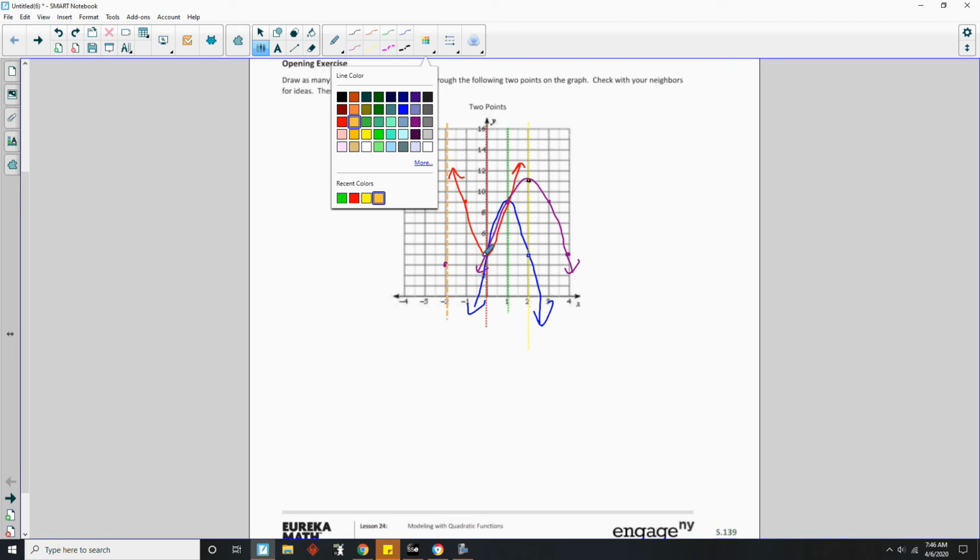So this was our given point, 1, 2, 3, 4, and 1, 2, 3, 4 would be right here. And then this point was a given point right here, 1, 2, 3, 4, 5, 6, and 1, 2, 3, 4, 5, 6 would be out here. And then that would give us